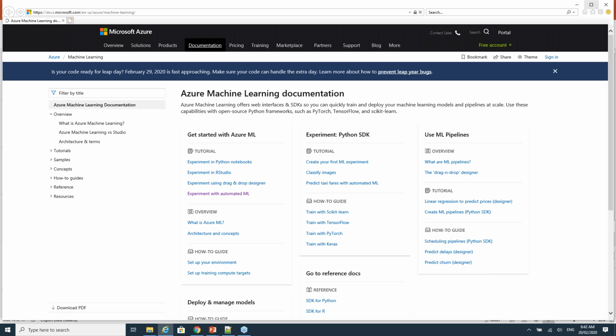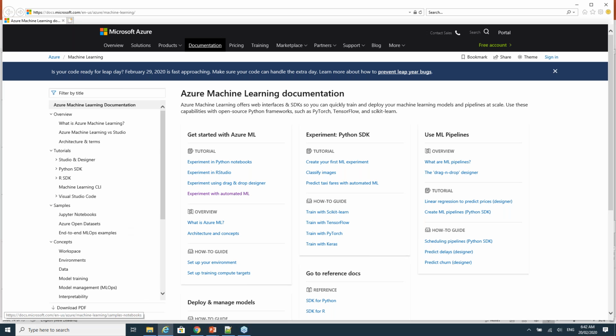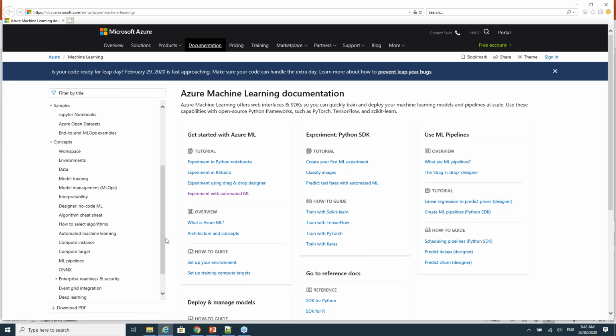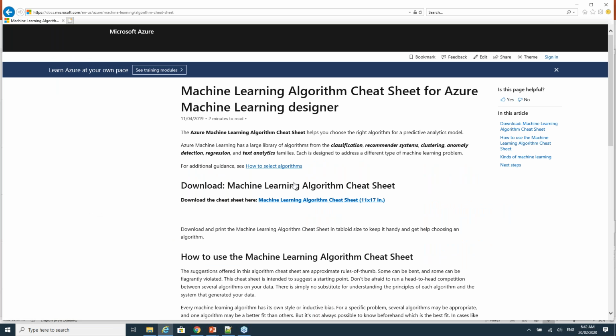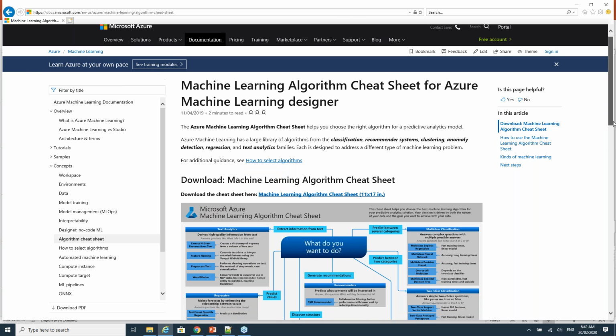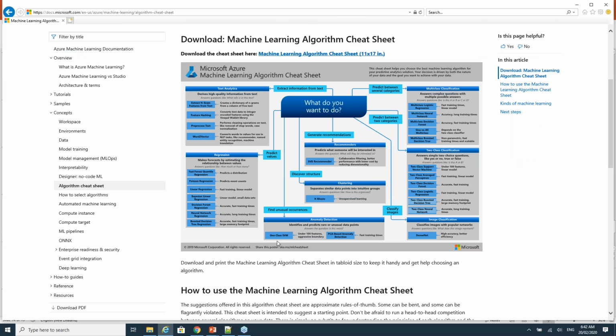That is more generic to machine learning itself, not specific to automated machine learning. If I expand this here, I can quickly show you. There is an algorithm cheat sheet. You can just download this, and let me zoom through this.